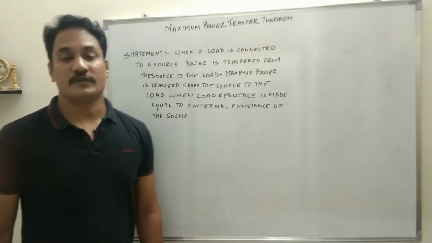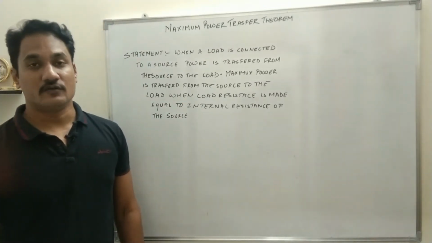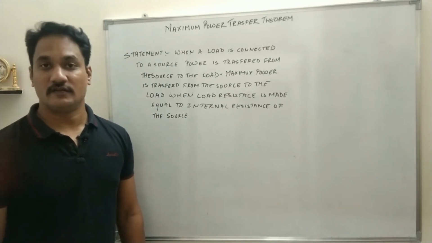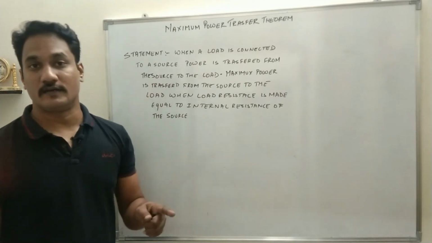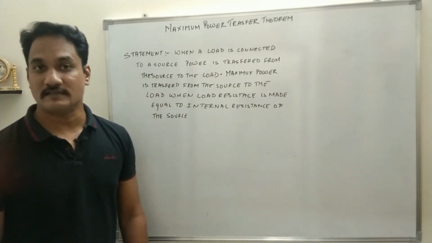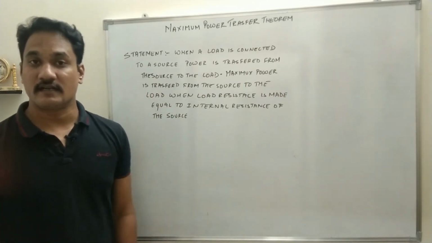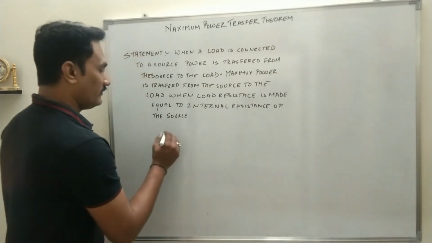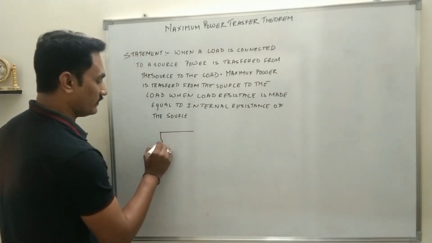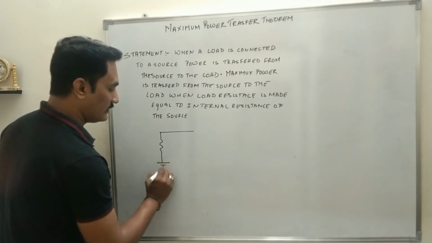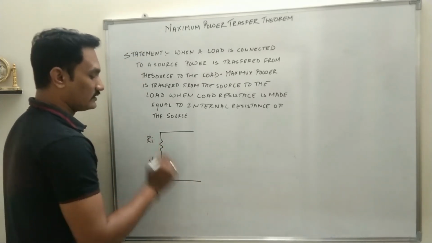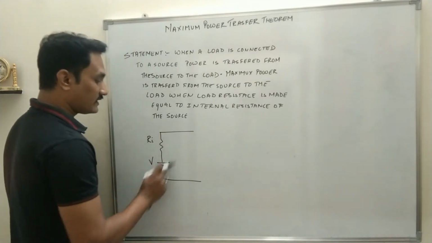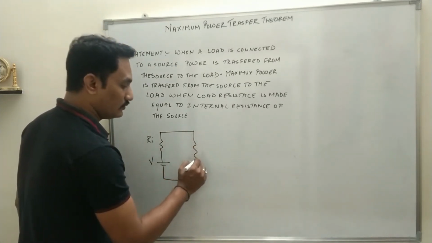See, in the previous topics what we have understood is that whenever you design a source, of course it has to be designed using some components, and the resistance offered by all the components is called impedance, which is nothing but the internal resistance of the source. So every source when you design will have its internal resistance. We denote it by Ri. This is the source, this is Ri. And when such a source is connected to a load,